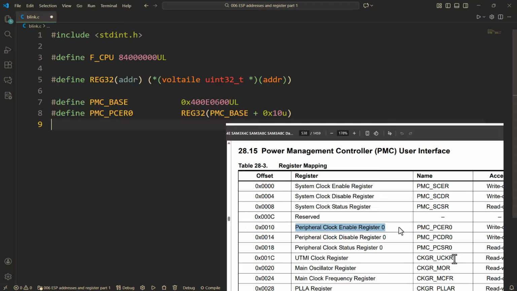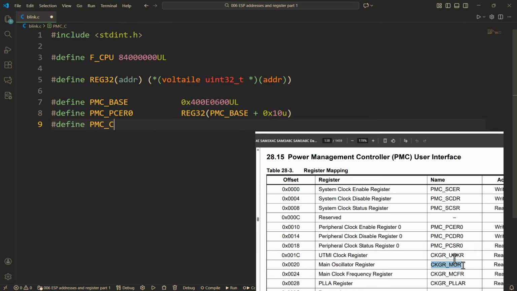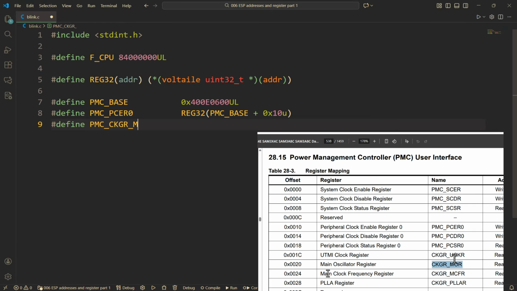Without enabling the peripheral clock, the corresponding hardware won't function. You can find this offset and all other PMC register offsets in the ATSAM3X8E datasheet on page 538 in the table that lists all registers of the power management controller. The next one is #define PMC_CKGR_MOR